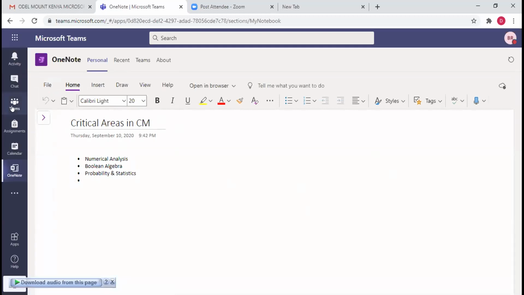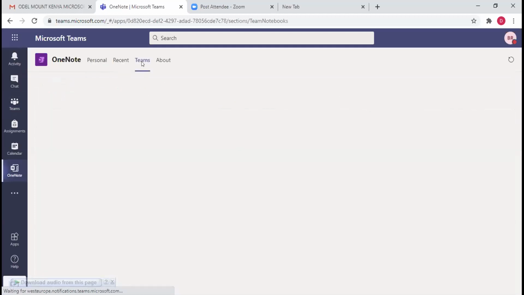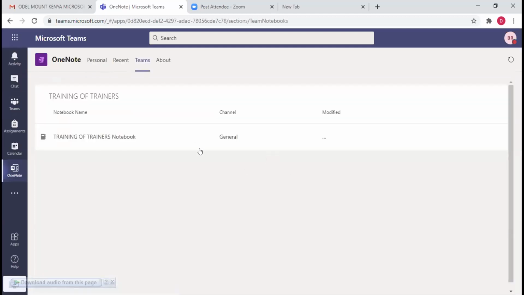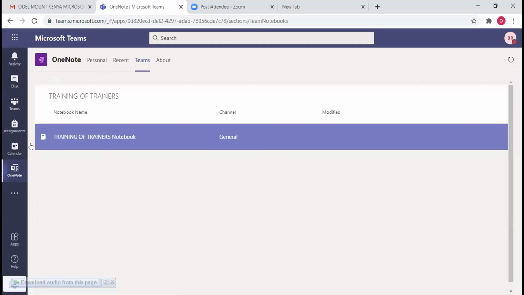On Teams, at the center at the top, there is a tab, Teams, to assign a specific team. Okay, yeah, so this is it. Thank you. I think this is the one that you created.